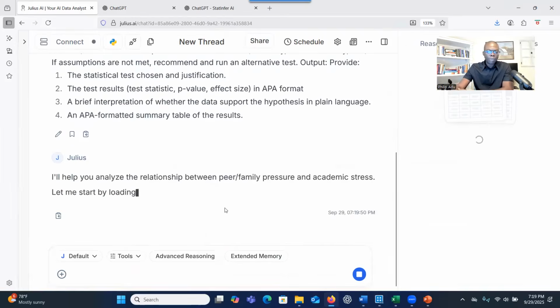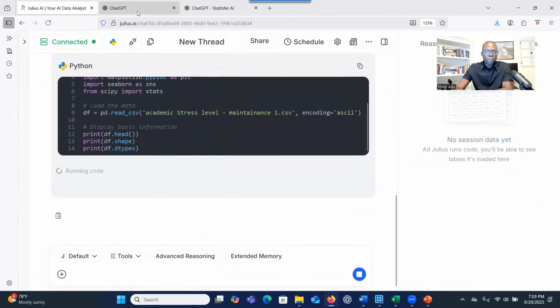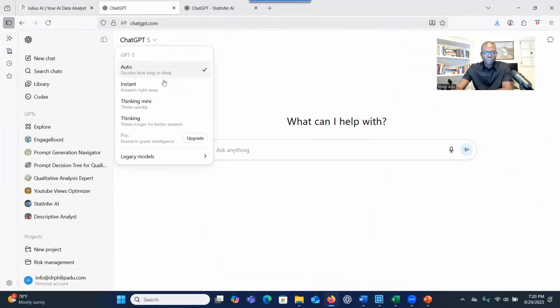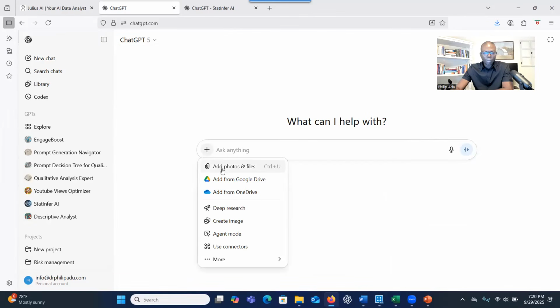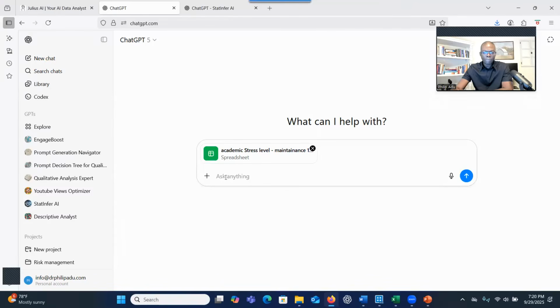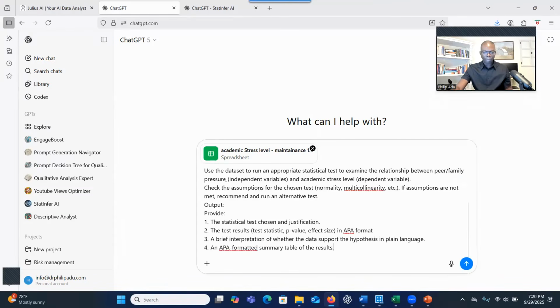So as we are waiting for the results, we go to ChatGPT and do the same thing. So I'm using GPT-5, this is the paid version. You have options for GPT-5 Auto, Instant, and also Thinking. I use Auto for the system to decide whether it wants to use the Thinking or the Instant version. So I click on plus here, add all files. So I've attached the data and put in the same prompt that I put for Julius,